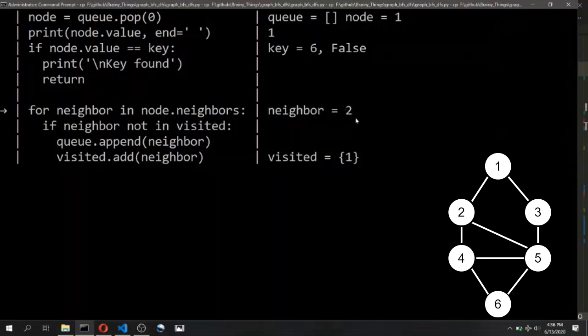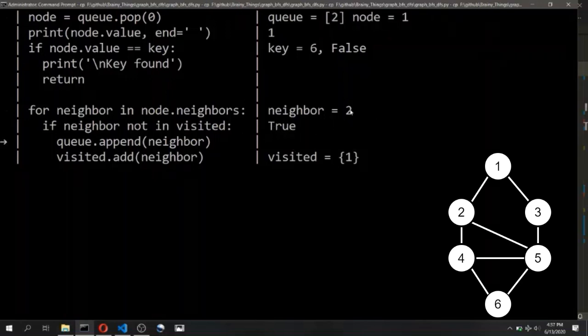It will start iterating for all the neighbor nodes of this graph. For node 1, the neighbors are 2 and 3. So the first neighbor is 2. It checks if the neighbor is not present in the visited set. It is not present, so this condition becomes true.